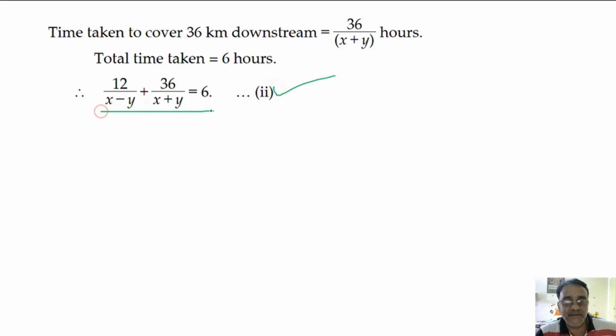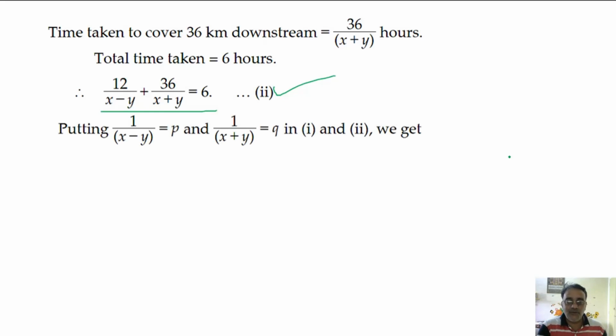So again what we have to do, we have to reduce both the equations to the pair of linear equations. So we'll use substitution method. So we are going to take 1 upon x minus y is equals to p, 1 upon x plus y is equals to q, or you can take u and v also, but here now we are taking p and q. In the next question we will take u and v, right? So first equation we will get 16p plus 24q is equals to 6, and the second equation we will get 12p.